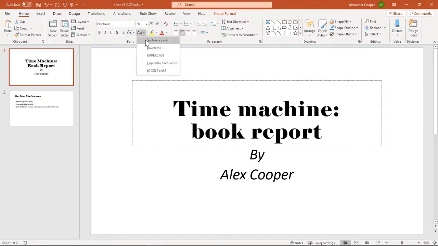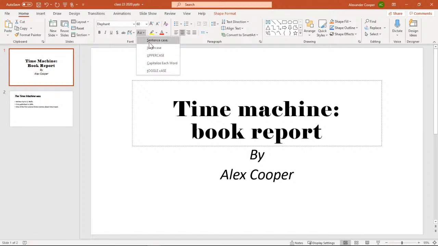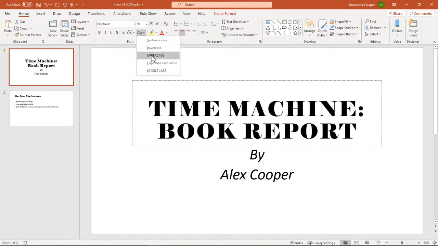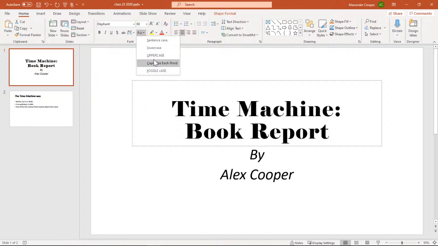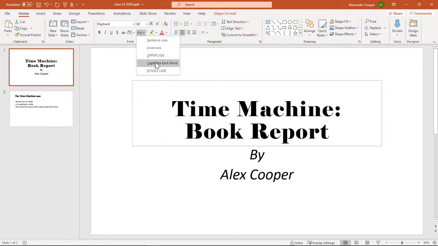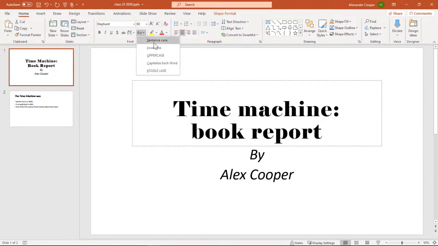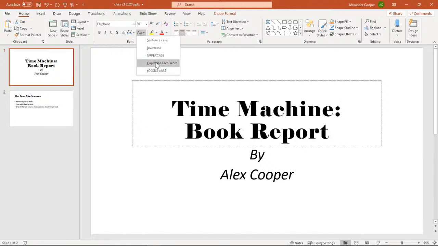Now this one here is about the sentence casing, okay? So let's see how drastic that looks. All uppercase, a little too drastic. Capitalize each word is what we have. We have one that toggles. Lowercase to uppercase. I think we'll do the capitalize each word. I think that might be best.